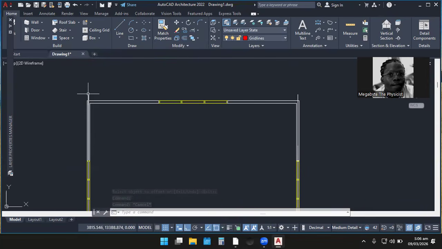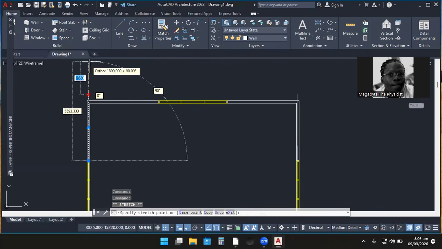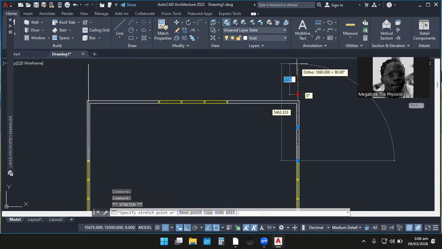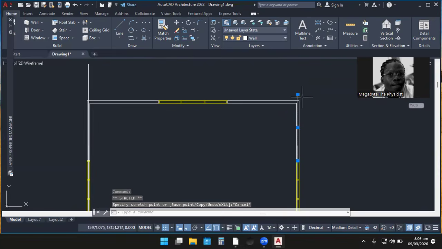We can quickly extend these lines a bit. Then that is it.